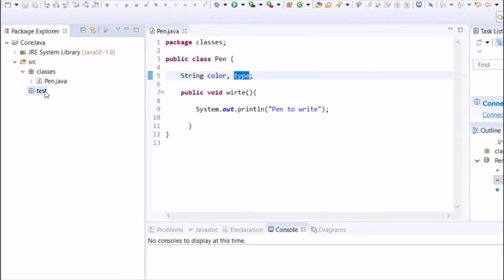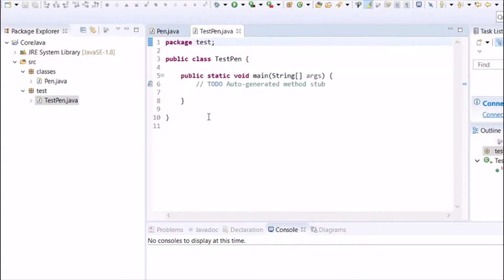And in test, we will create a class by the name test pen, which will have this public static void main with string array arguments, which is a special method which will be called when you execute a program. And here we will try to create an instance of a pen class, assign the properties of a pen class, and call its write method.